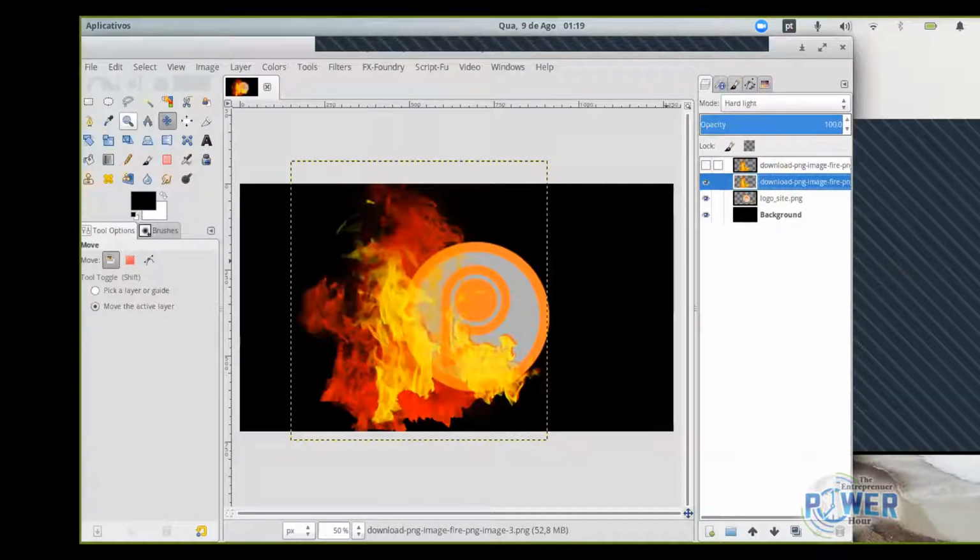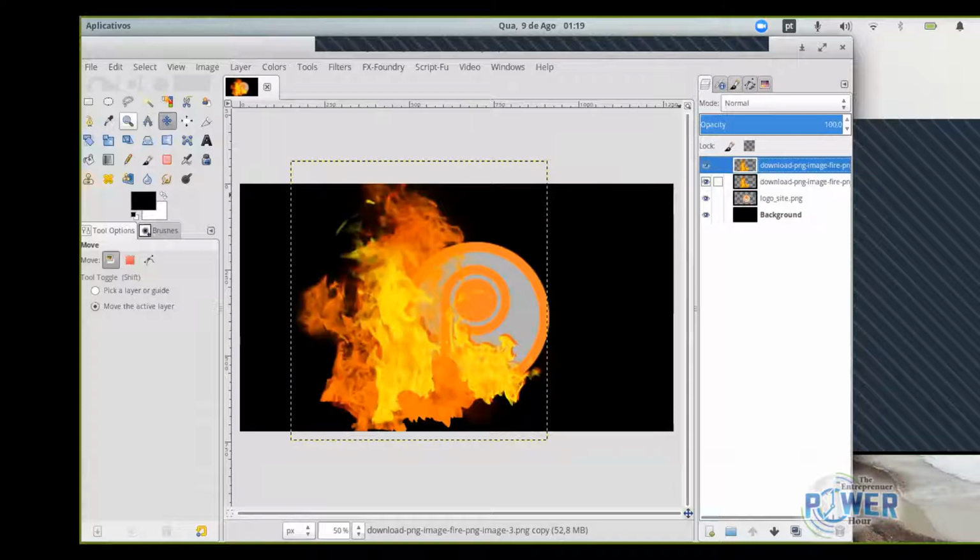and enable the top fire again to have a different effect. I can manipulate the opacity. I can manipulate, for example,